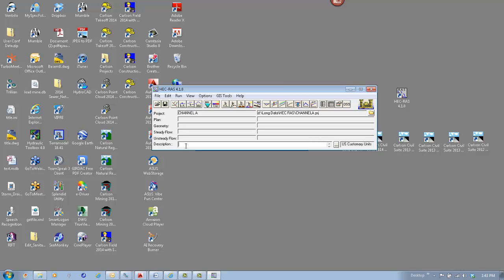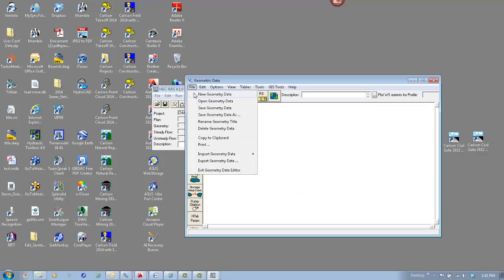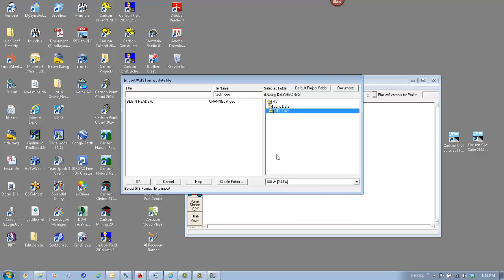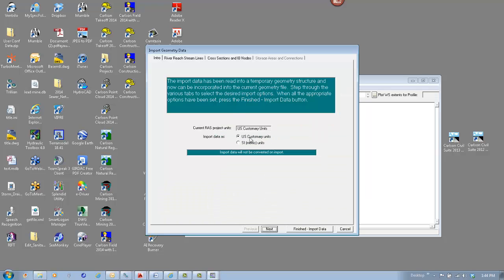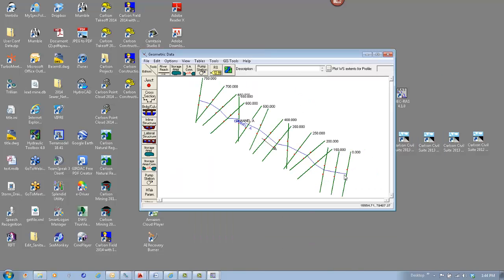Now what we'll do is we can go right to enter geometric data and select File, Import Geometry Data in a GIS format. This will allow us to specify our geo file we just output from Carlson. We begin here. It's looking in the correct directory, channel A, geo. Double click that or select US customary units. Finished import data, and now you can see here the alignment and the cross-section data,